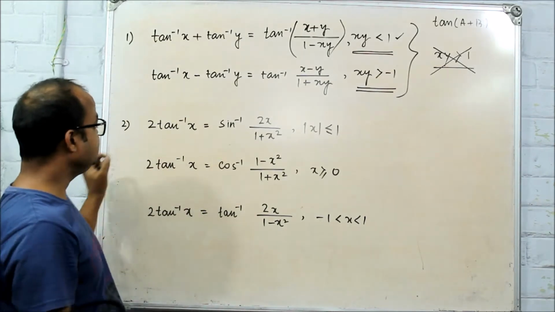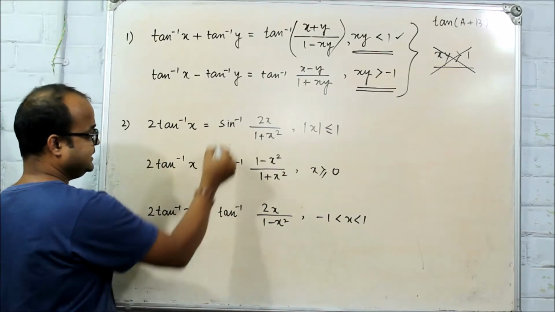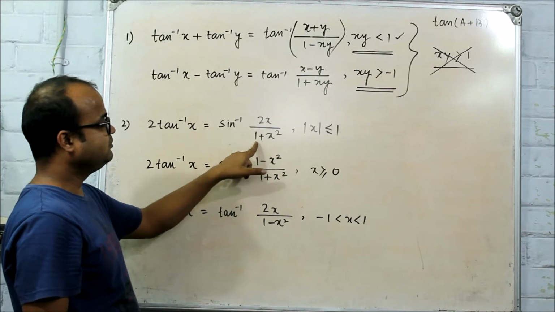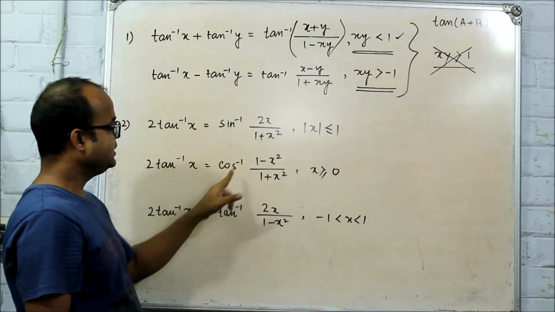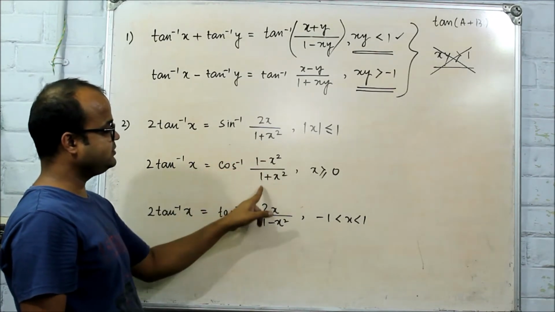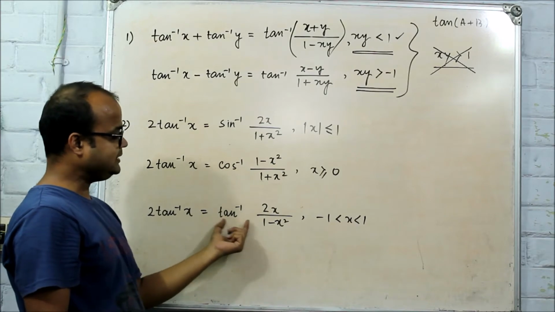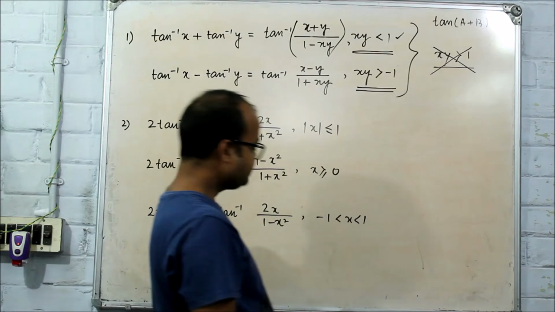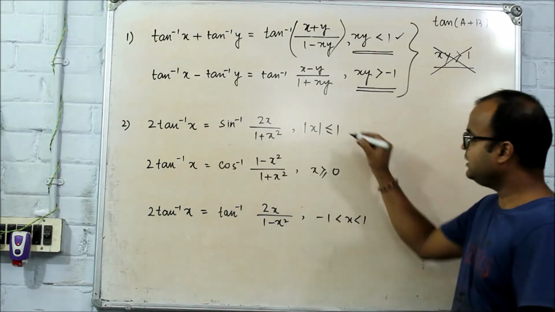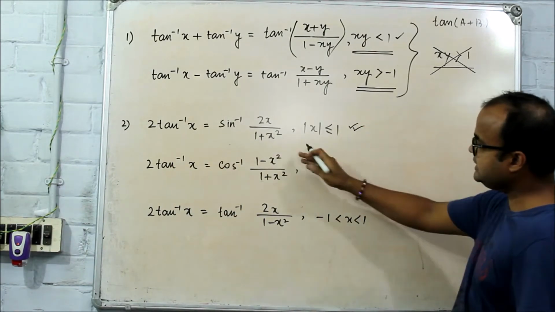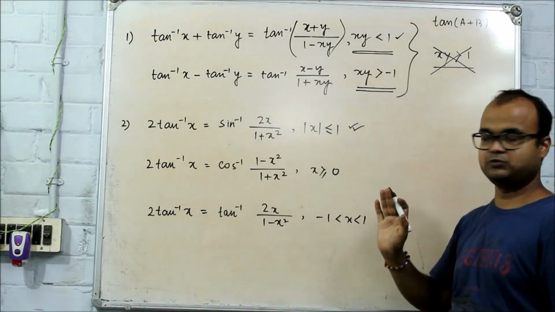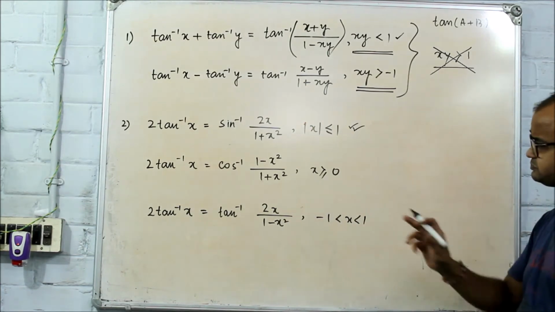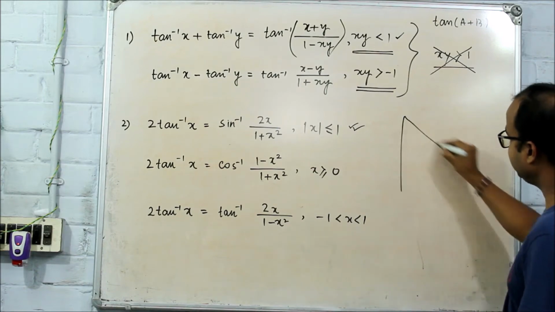Now moving into this, for tan inverse x there are three formulas: sin inverse of 2x by 1 plus x square, cos inverse of 1 minus x square by 1 plus x square, and tan inverse of 2x by 1 minus x square. Now if you remember this one, you can easily find the other two formulas, because sine is the ratio of p by h. So in a right angle triangle,